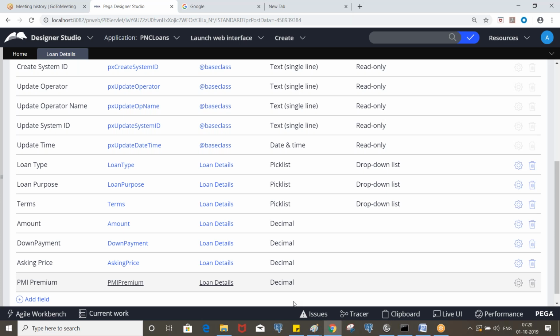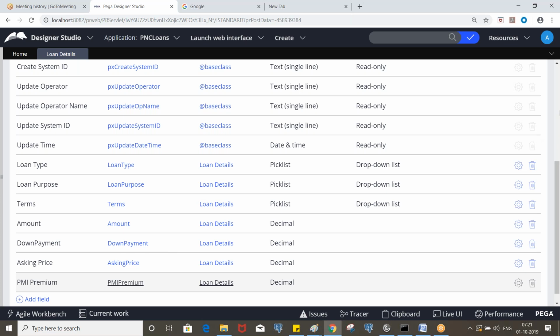So based on that, we need to determine the PMI premium also. Clear? So loan type, loan purpose, terms, 7 properties, right? Okay, clear.